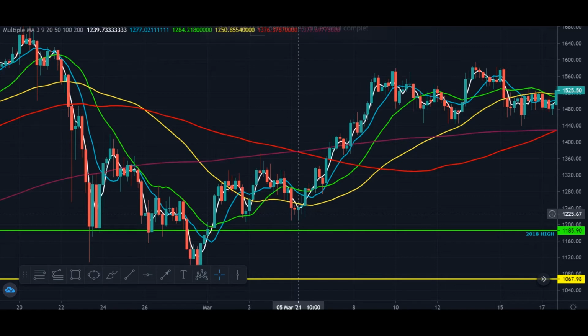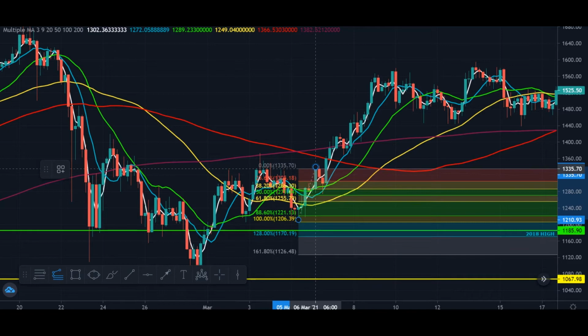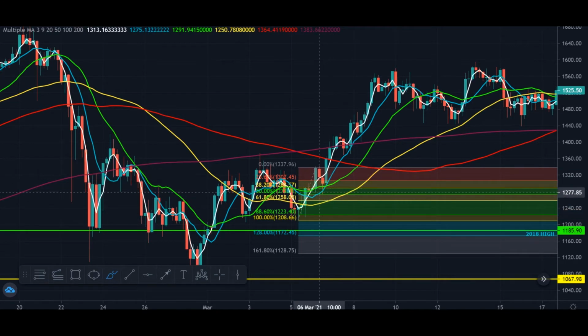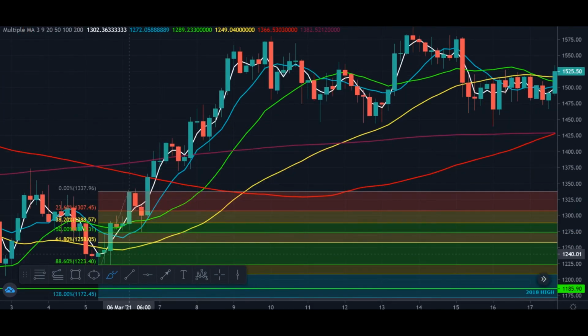I'll show you how to do it. Actually, it's a flag there. It's a flag, a pennant, however you want to call it. Okay. You want to know if the chart will go further on or if it will reverse. You have to pay attention to some of the index levels there, okay?